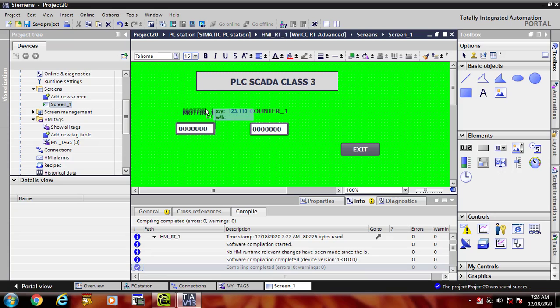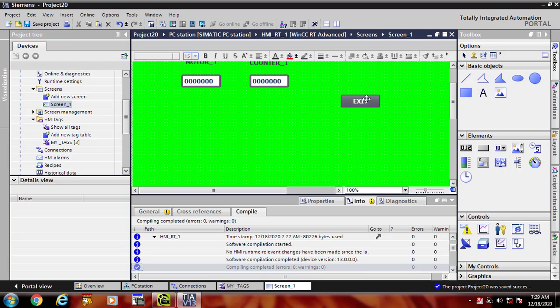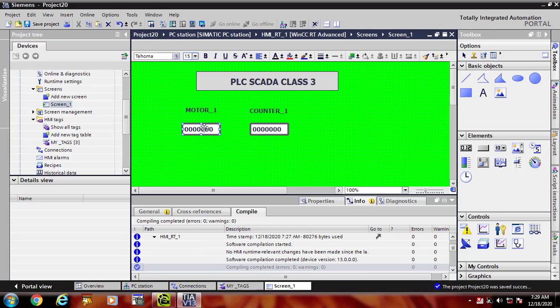Now I will assign those specific tags to these, motor 1 and counter 1. Click on it. Adjust its space, its values.